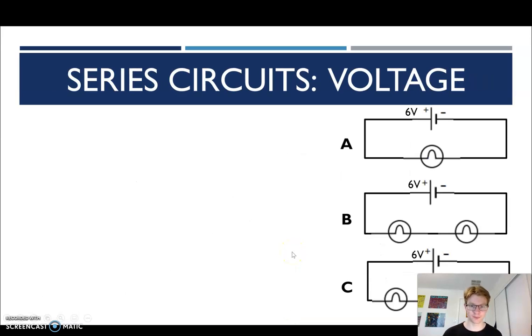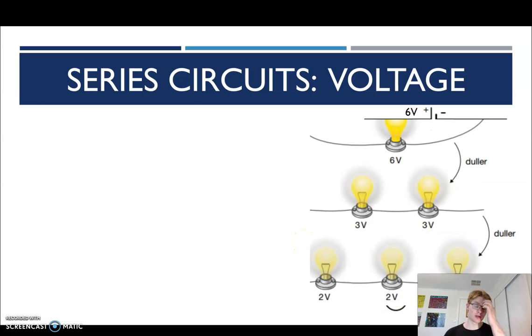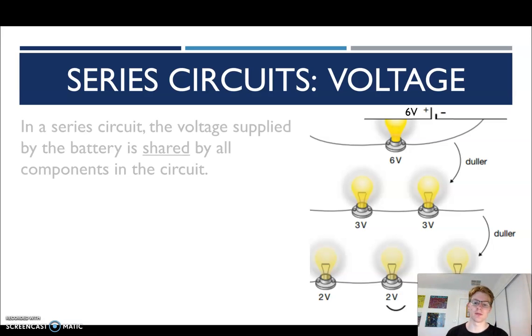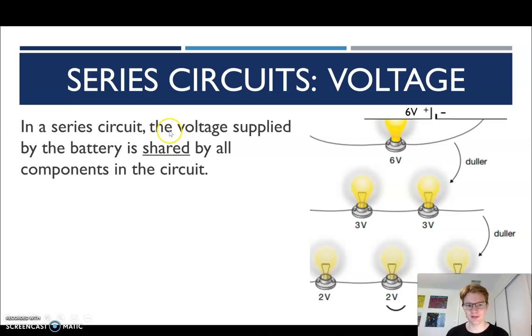Now, here we have three little series circuits, all giving 6 volts of energy. But the difference is the amount of globes in each. This is what the globes would look like. Each of the globes gets duller the more globes you put into a series circuit, because in a series circuit,